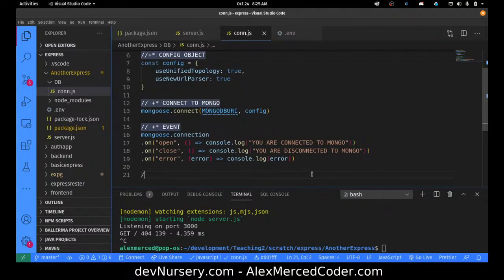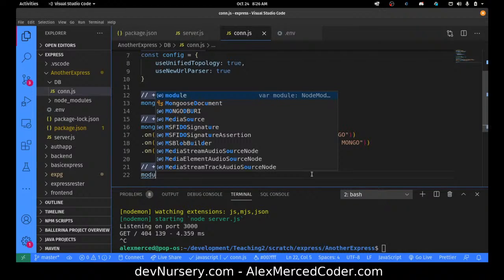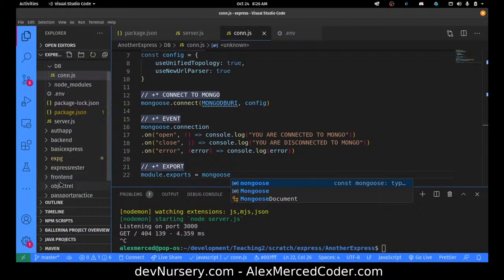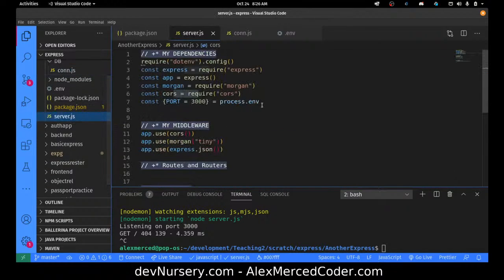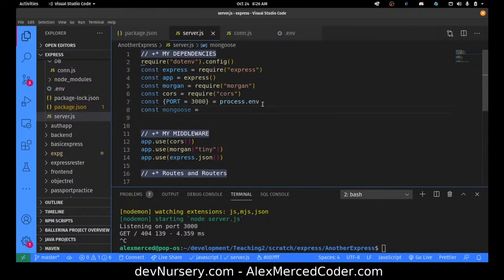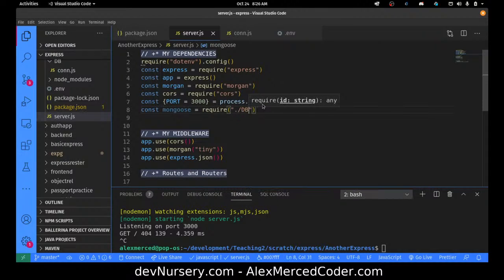And then we will export this connected object. Okay, and I'm going to just do module.exports equals mongoose. Now, so that way my server gets connected, I'm going to go connect that to my server.js. So that's the version of mongoose that I'll export here. const mongoose equals require, and then I'm requiring ./db/